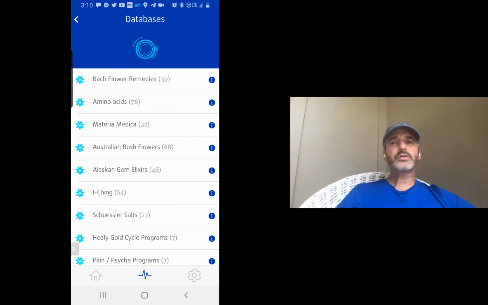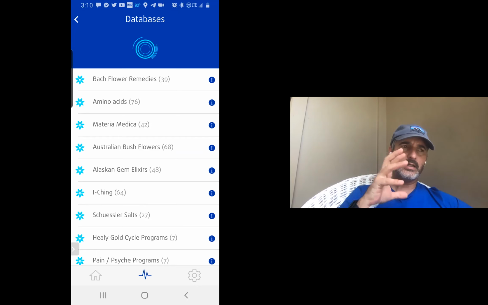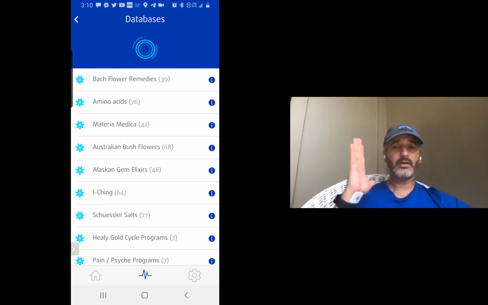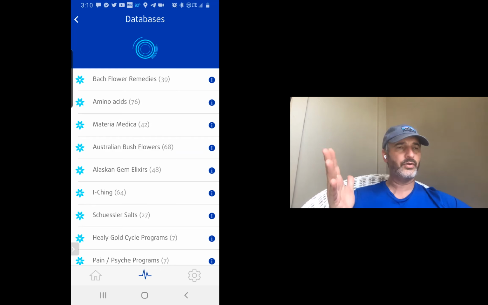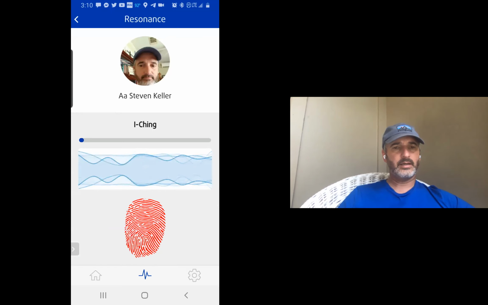I found it very interesting because I combined it with some Emotion Code body work and found it to be super helpful. And so you could use this for clients because anything that you can give a quantitative measurement before a session and after the session will be very helpful for you. It's helpful for your client to see that things are actually working, and helpful for you to know what progress you're making as well. So if we go to the I Ching and we hit analyze,